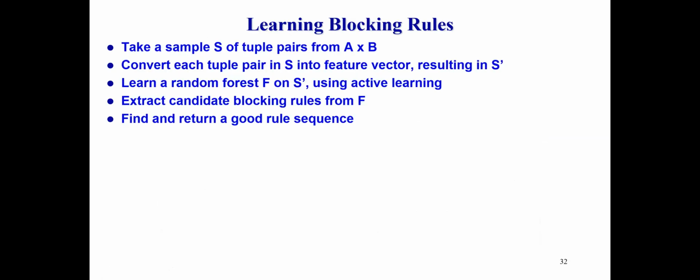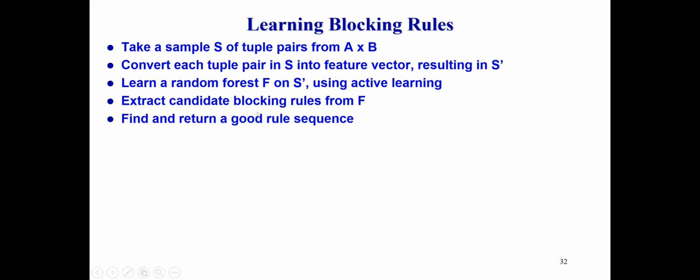Now, how are we gonna learn the blocking rules? The general algorithm is we're gonna take a sample S of tuple pairs from A and B without enumerating the Cartesian product, of course. Then we're gonna convert each tuple pair in S into a feature vector. So we're gonna get a set S prime of feature vectors. We're gonna learn a random forest F on that using active learning. Then we're gonna extract candidate blocking rules from F. Then we're gonna find and return a good rule sequence, okay? So this is actually a